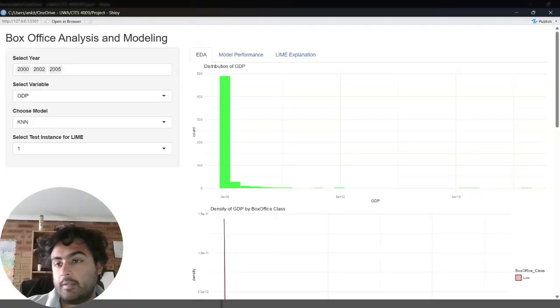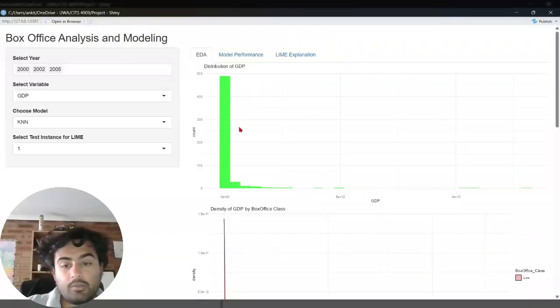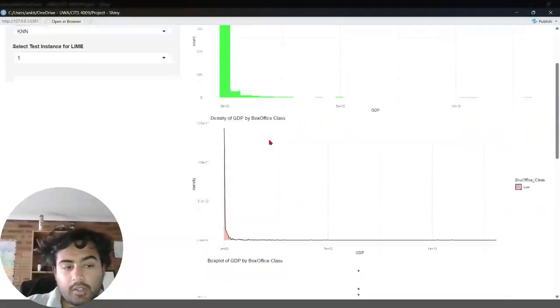And here is my Shiny app. It's got about three different tabs, and each explains what each tab contains. I've got the different years within the GDP dataset, and I've got the variables that I've actually used for my modeling. And this basically just shows the distribution of your GDP, distribution of the box office class, whether it was